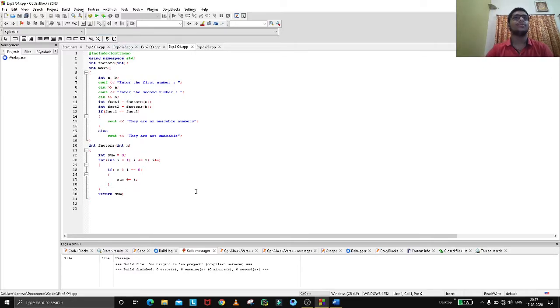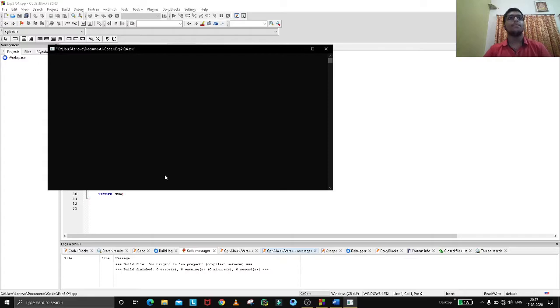So what happens, if we give the first number 220 and then give the number 284, they are amicable numbers because the sum of the factors of 220 and the sum of the factors of 284 are both equal, so we can say they are amicable numbers.